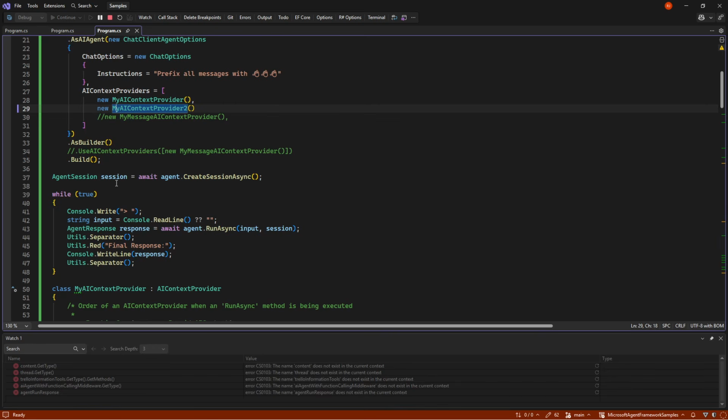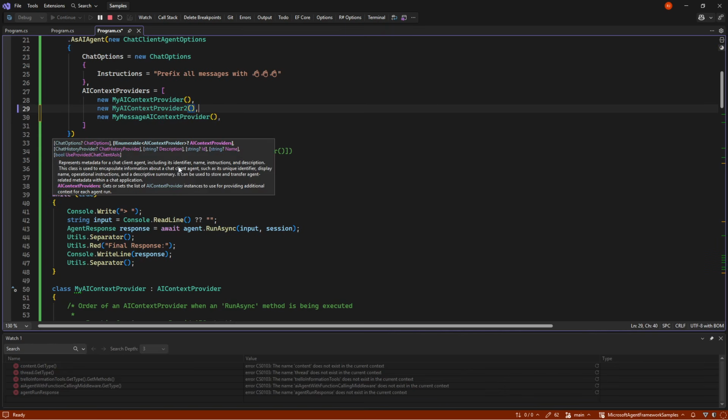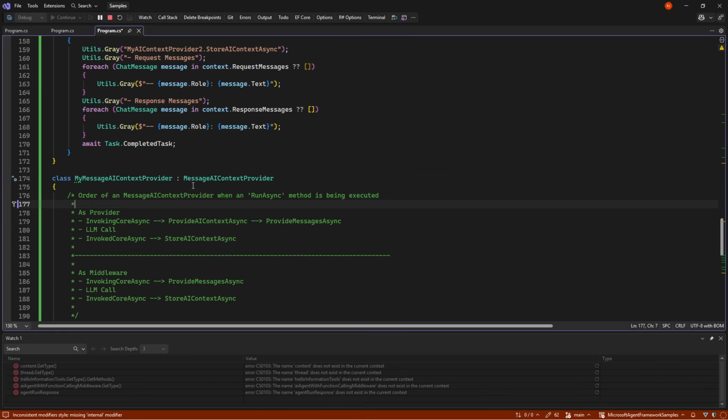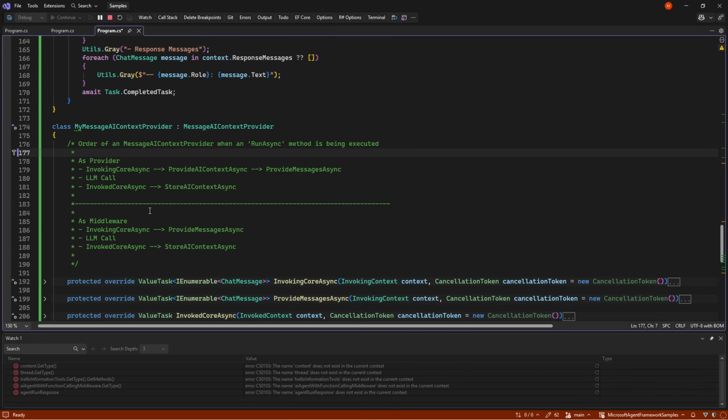There's also a third type of context provider, and it's called a message context provider. So instead of AI context provider here, we have a message context provider. This one is a bit strange compared to the other one, in that it has both a provide AI context and a provide messages.